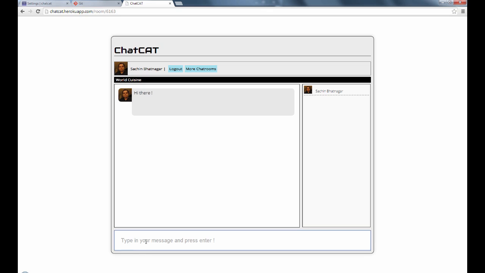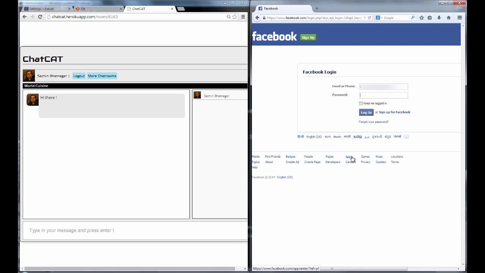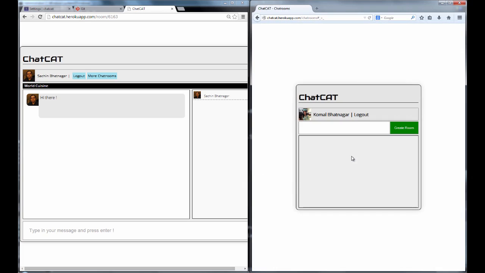Let's get another user in and see if this is working across multiple users. So let's get a second user logged in, and we'll click on the same room that we had created earlier.